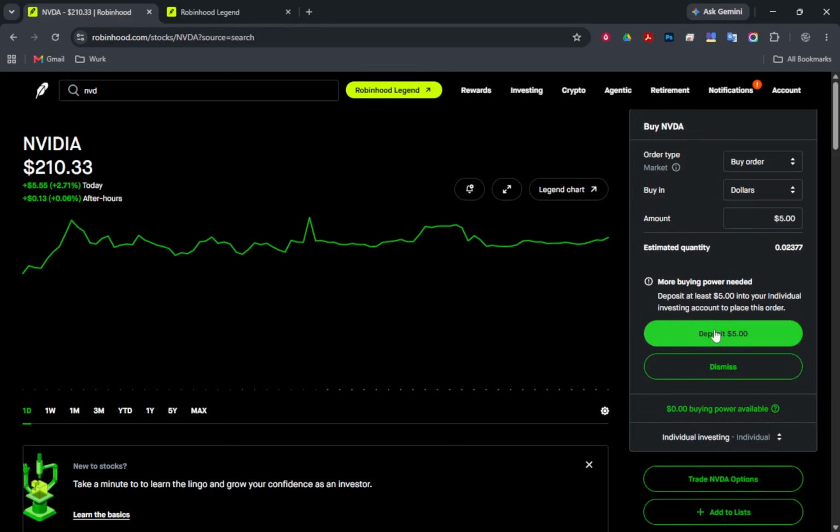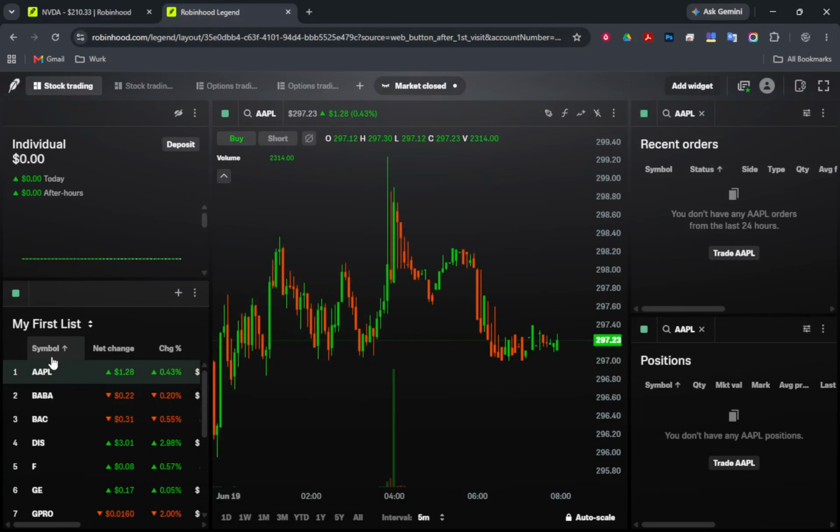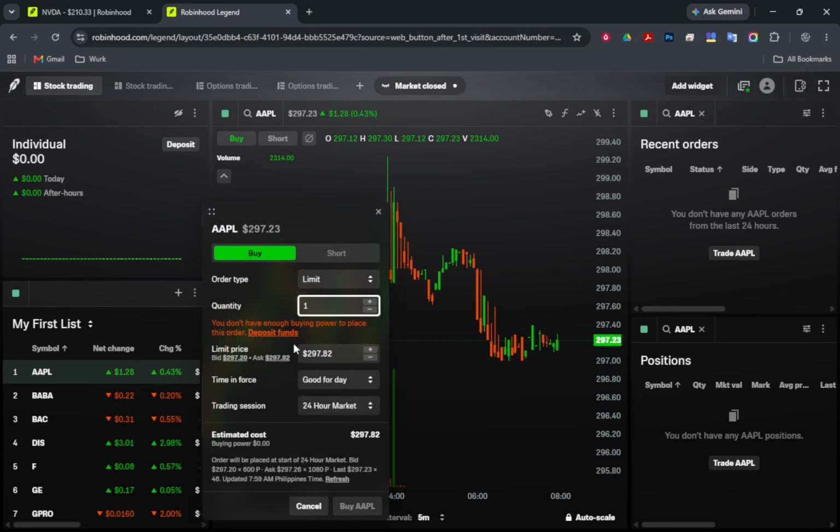Before we wrap up, let's go over some important notes. Keep in mind that the minimum investment amount is usually $1 per trade. Also, fractional shares only work for eligible stocks and ETFs. Remember, trades will execute during market hours, which means your order will be processed when the market is open. You can even own very small fractions, like 0.001 shares.